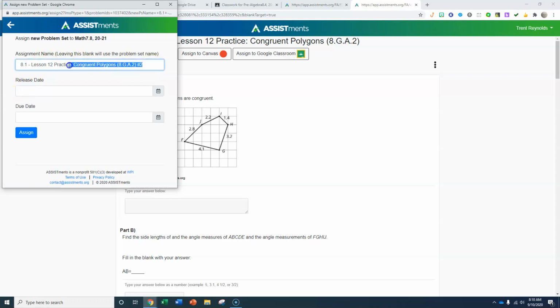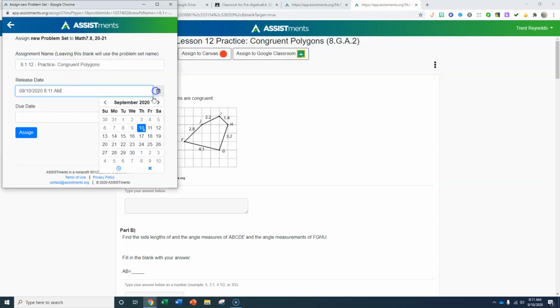I might change the title of this so that it says 8.1.12 practice, and then congruent polygons. And I want that to go. So I'm going to say Thursday, and I'm going to change the time. I don't want this to go until